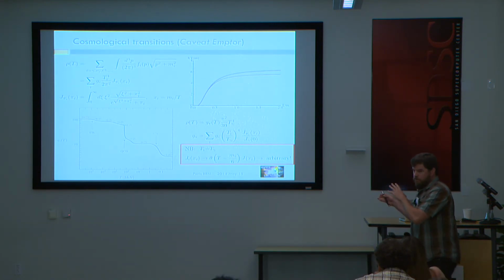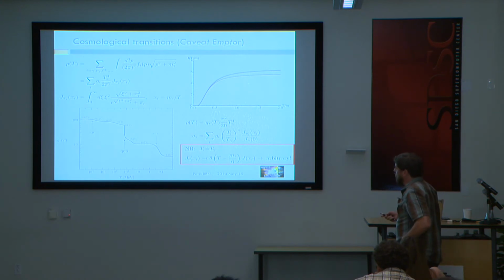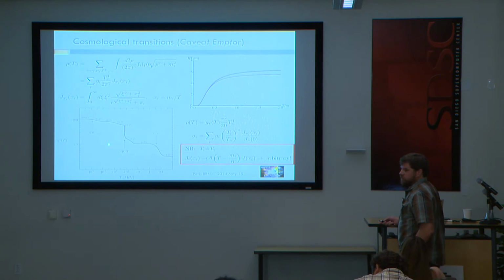This is sort of off the topic just a little bit because it's talking about the evolution from very high temperatures to very low temperatures. BBN is in here along with weak decoupling. Basically what I'm showing here is the effective number of degrees of freedom as a function of time, or as temperature gets lower,